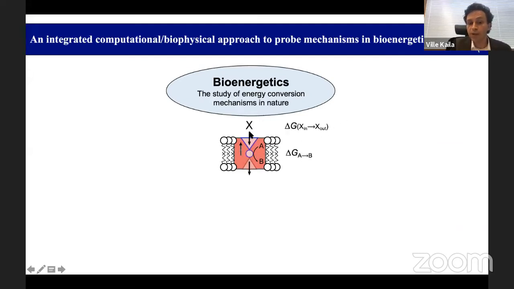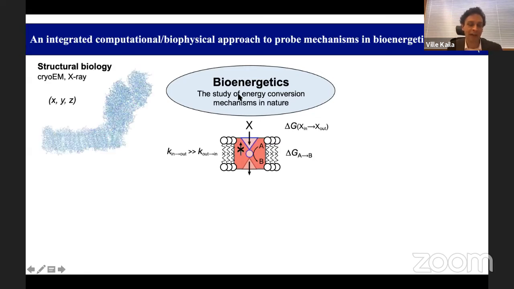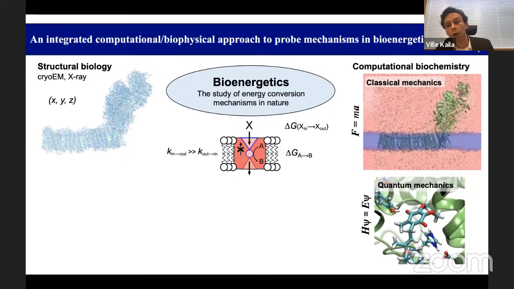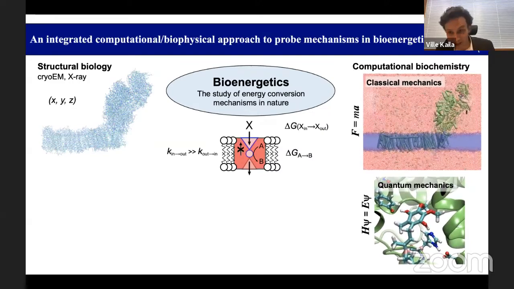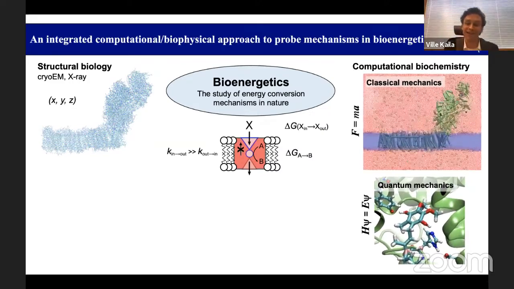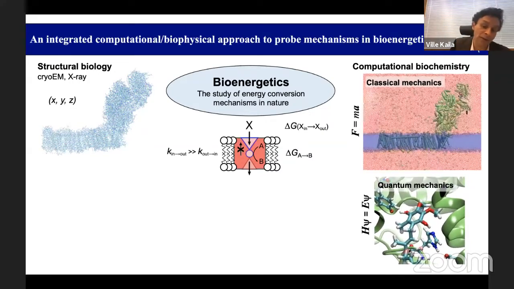How do you transduce it to transport ions, for example, protons or other types of ions, across the membrane, such that you prevent, possibly kinetically, the backflow of the ions in the wrong direction? And of course, you need structures for this, and here we rely very much on cryo-EM structures and crystallography, and of course the methods of computational biochemistry then provide us the details to ask how this could happen in